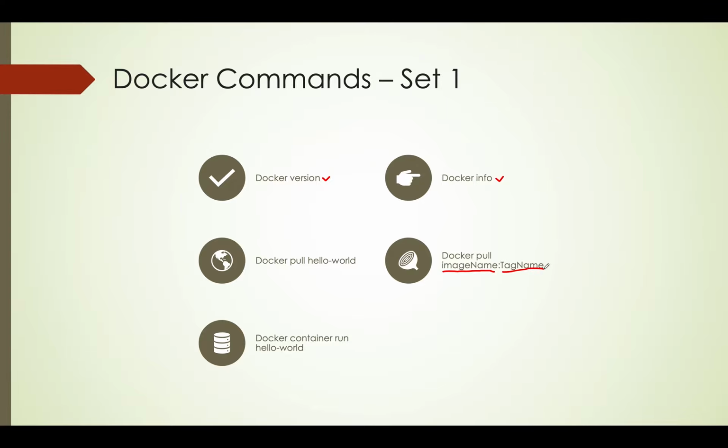If in your operating system you want to install JDK 8, JDK 7, JDK 6, JDK 9, these many paths you need to handle. It's very complicated, with compatibility issues, or maybe it won't be supported like that. But in the case of Docker, you can provide a specific tag name for every software.